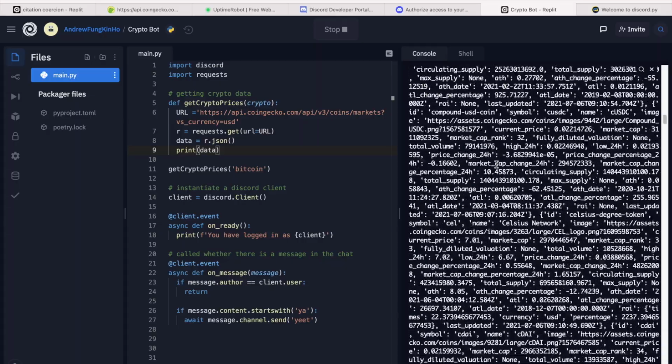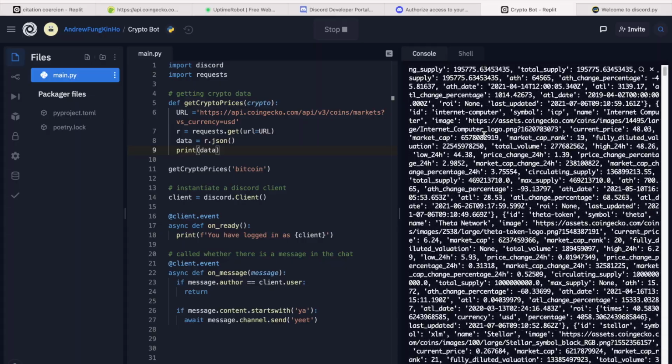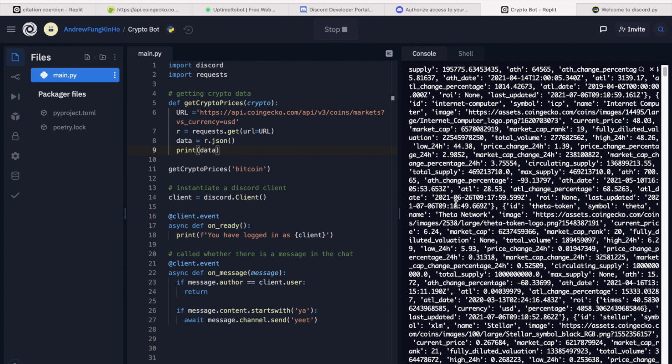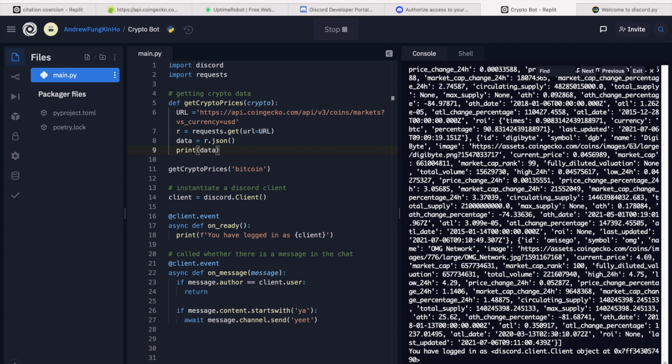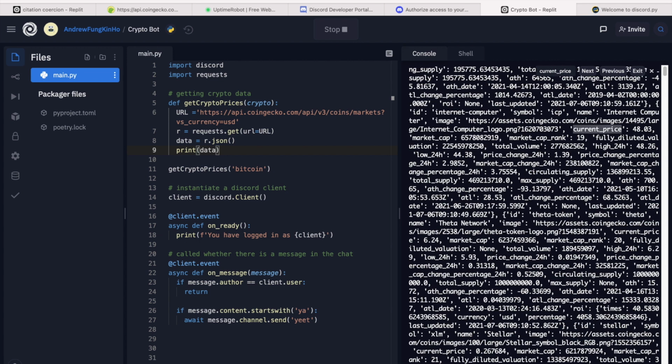It is very daunting to see, but essentially you can see every cryptocurrency has the ID, symbol and also the current price. So let's search, Control F, and let's find current_price. So there will be a tag called the current_price and the ID.